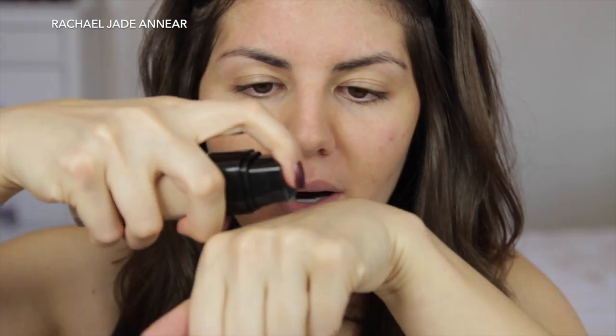The foundation that I'm going to be using is the L'Oreal Paris Infallible 24 Hour Stay Fresh Foundation. I have the shade 130 True Beige. I'm going to pop one pump. One pump is quite a decent amount, and this looks like it's probably slightly lighter than my skin tone as it is now,